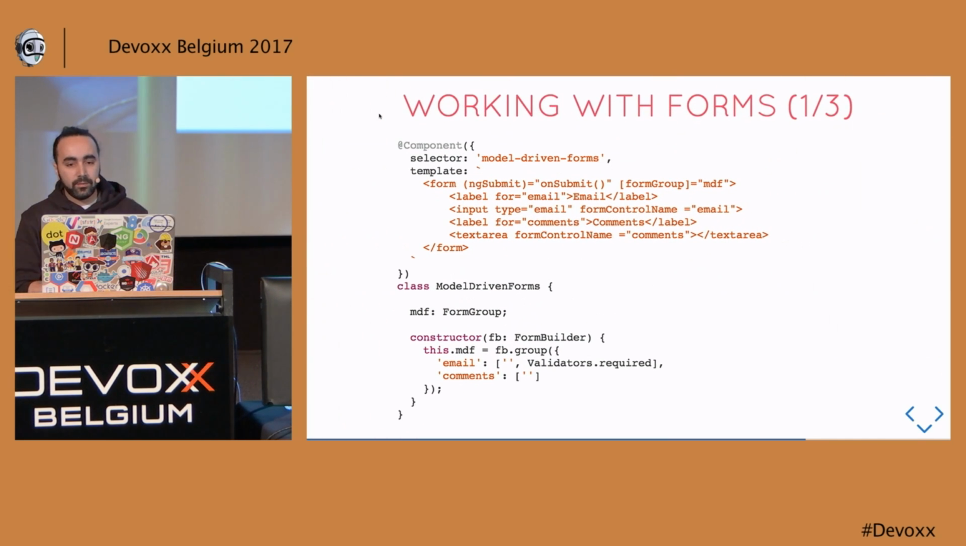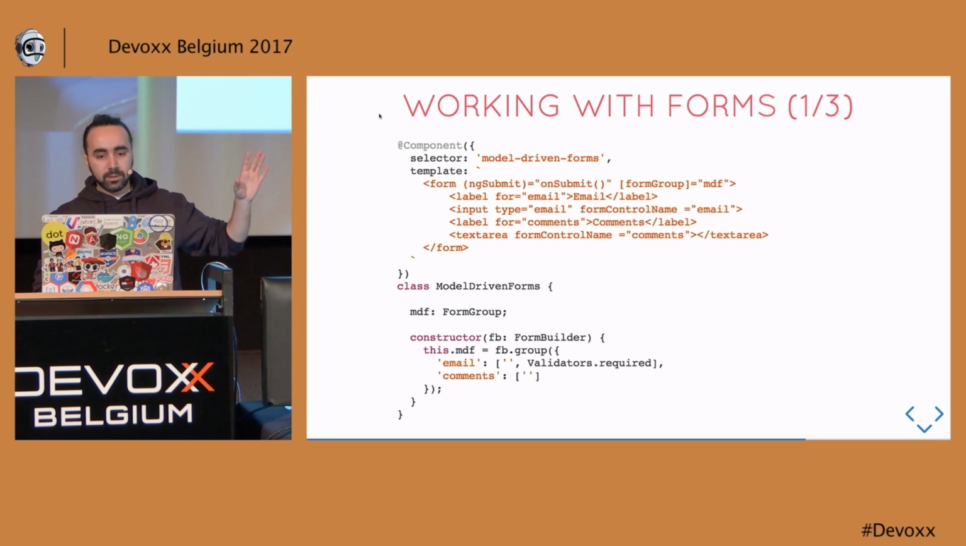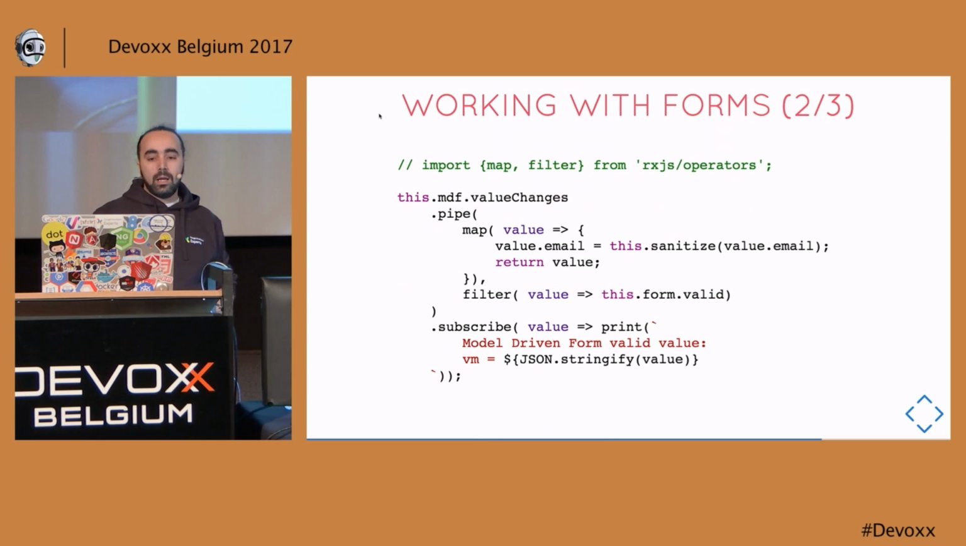For instance, here I have a sample code for a model-driven form. I'm not going to explain all of the HTML part. But basically, you can create a form using this new API in Angular 2. And then you can use this MDF property, which is your form, and its valueChanges property, which is a stream, actually. And then, since you have a stream, you can pipe it and compose it and work with your controls inside your form